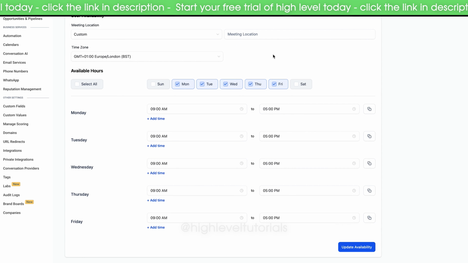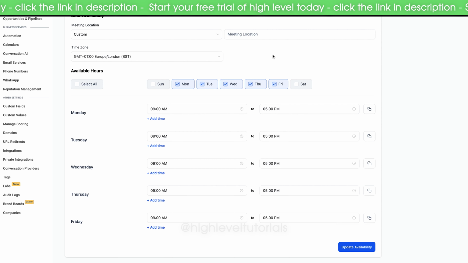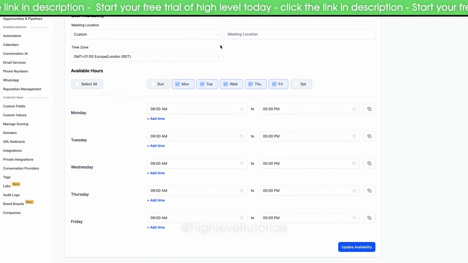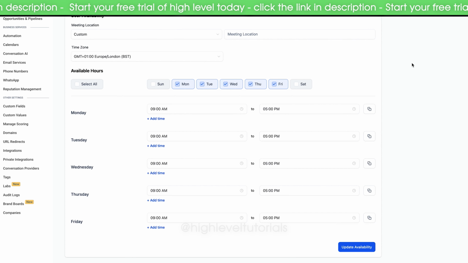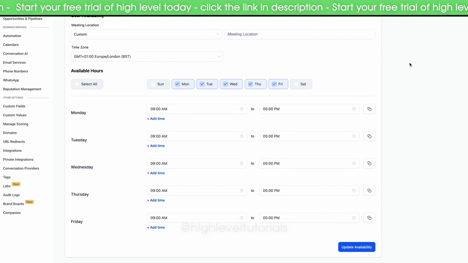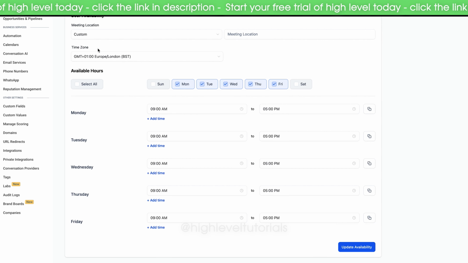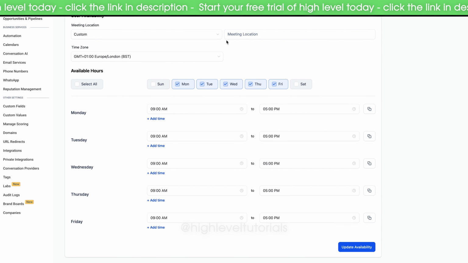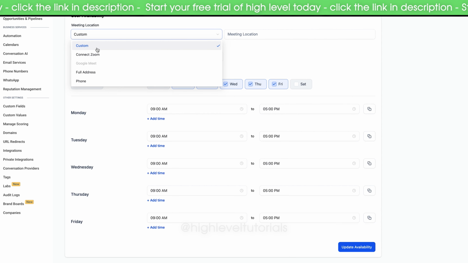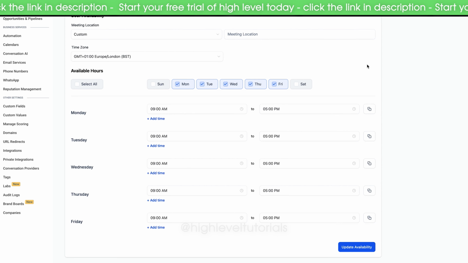So finally, you can go ahead and set a default meeting location within the user availability settings. Now, by leaving this blank, you can customize it per calendar and per event so that it changes every single time. However, if you'd rather just have, let's say, one Zoom account or one Google Meet account that manages all the meetings and manually or automatically sets those up for you, then you can go ahead and click on this box and select either of these options. However, you can just leave it custom, and we can set this up later on down the line